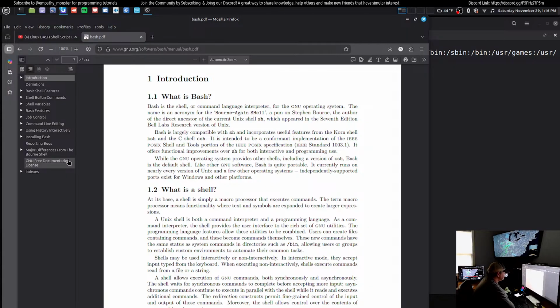Anyhow, like other GNU software, Bash is quite portable. It currently runs on nearly every version of Unix and other operating systems. Independently supported ports exist for Windows and other platforms. I know they had it on, I thought it was Mac OS. Could have sworn it was on there, but